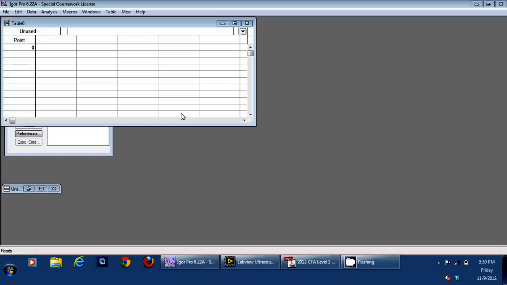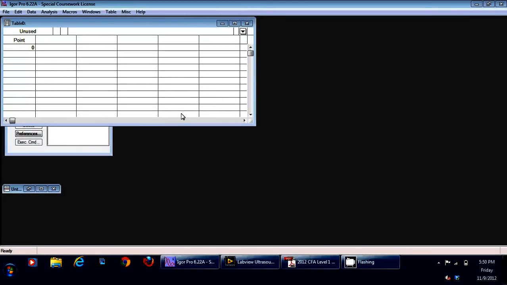Hi everyone, this is a quick tutorial on Igor Pro. Igor Pro is a graphical interface. It's mostly used for plotting graphs for research manuscripts, and that's why it's very popular among researchers. So for publication you need a high quality graphical presentation, and Excel is not very popular for that kind